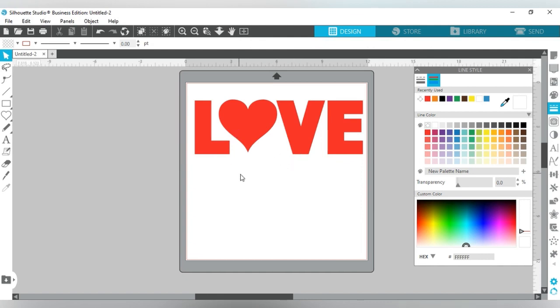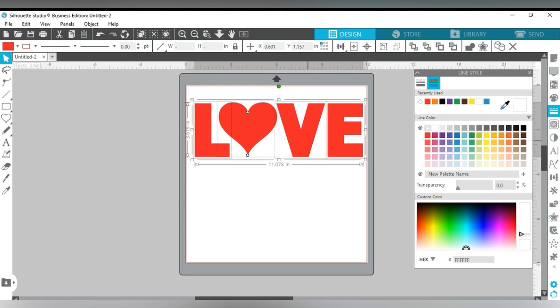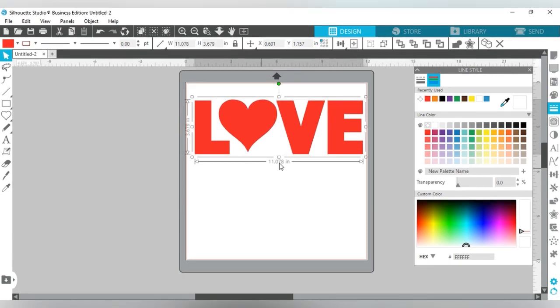Okay, so now I have this. I think it looks quite okay. Now I'm going to go ahead and group it back together. So the size that I have is 11.078 by 3.679, which I believe is quite fine. Let me just take it down to 3.733. Okay. Now that we have this and I'm happy with what I have, I am going to open my